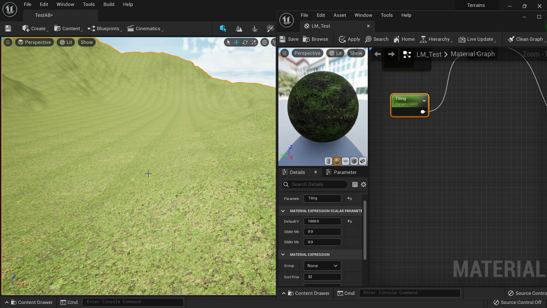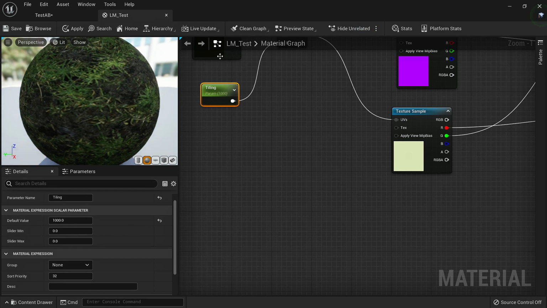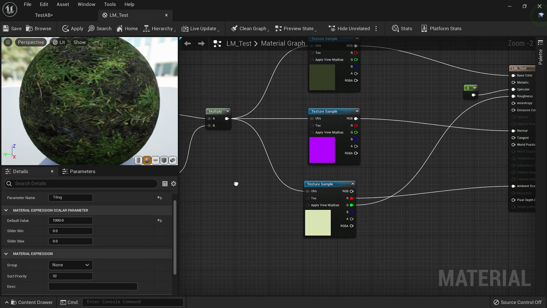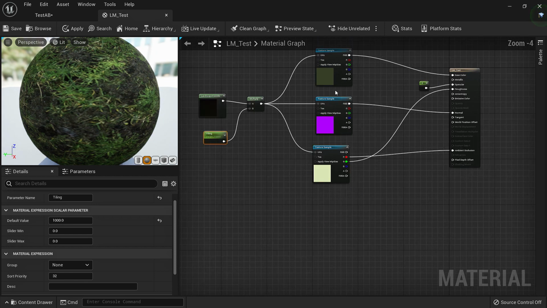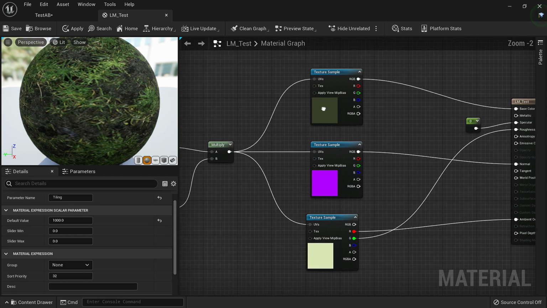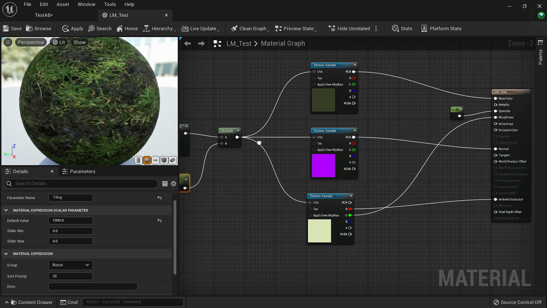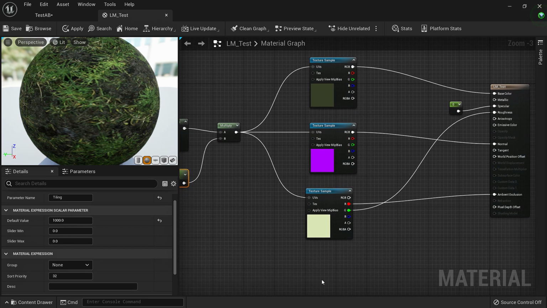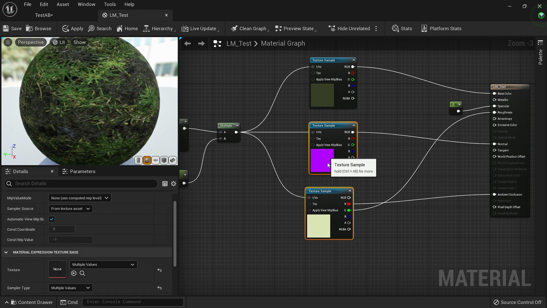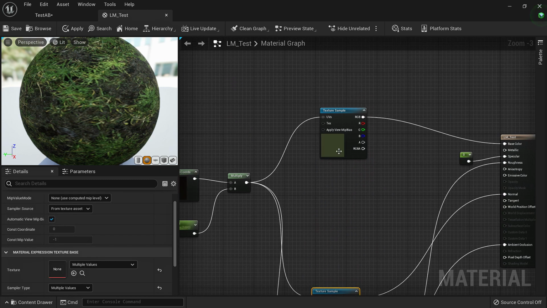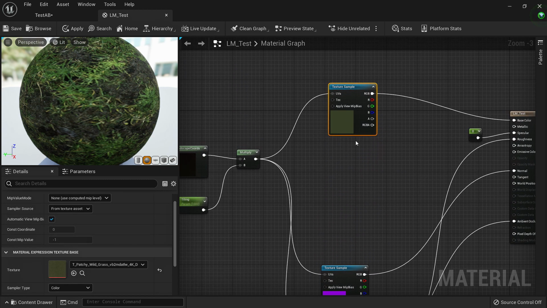Now coming to our first method to reduce the texture repetition, we would do a distance blend. What distance blend would mean is that the textures that are close to us would be smaller and the textures that are far away would be larger. So we will take our diffuse texture and duplicate it.